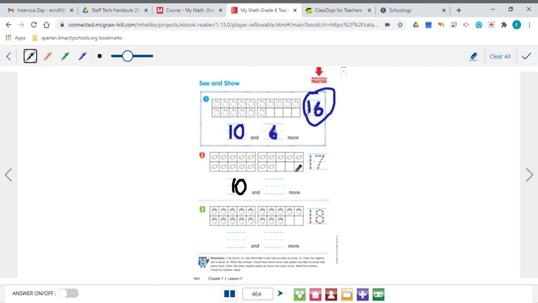Take a look at the second 10 frame. 1, 2, 3, 4, 5, 6, 7. There are 7 footballs in that 10 frame. So now we know that we have 1 ten and 7 extra ones. That means we have 17